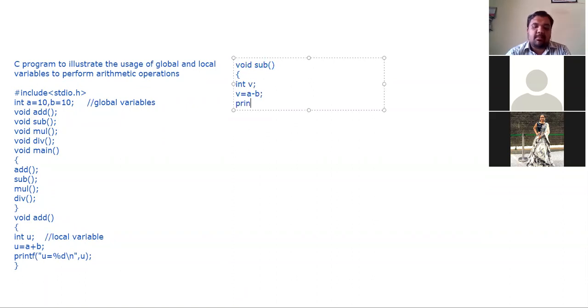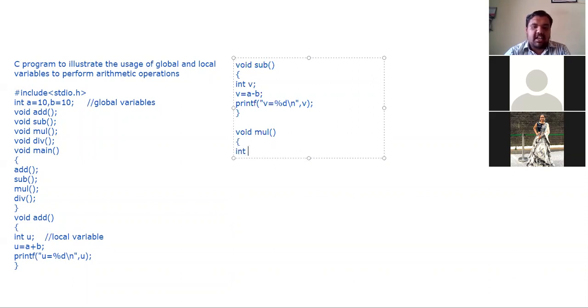So now the last printf: v is equal to percentage d slash n, comma, where exactly is it present? In v.